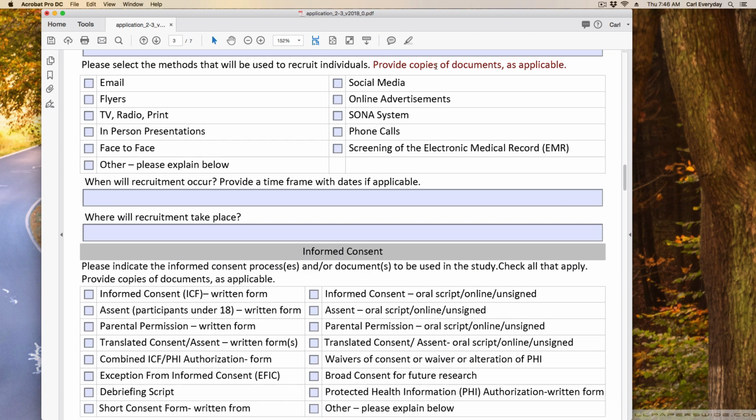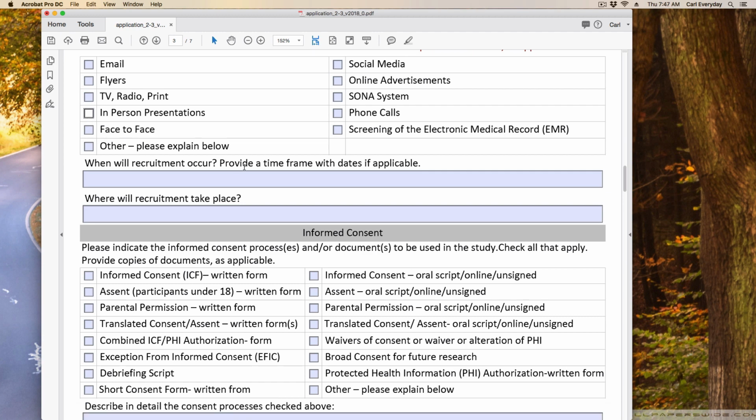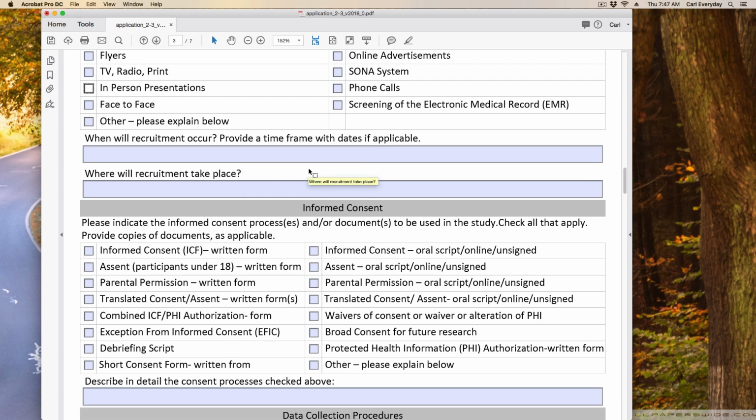Here you select all the methods you're going to use to recruit people. So flyers, emails, whatever you might be using. Most likely we use in-person presentations. I don't want to go into great detail about all the restrictions on recruitment. A lot of that is in that investigator's manual. But recruitment's hard, okay? And we often get things turned back to us because you have to ensure in recruitment